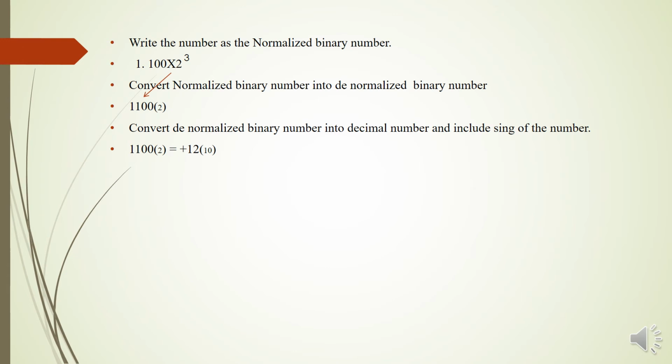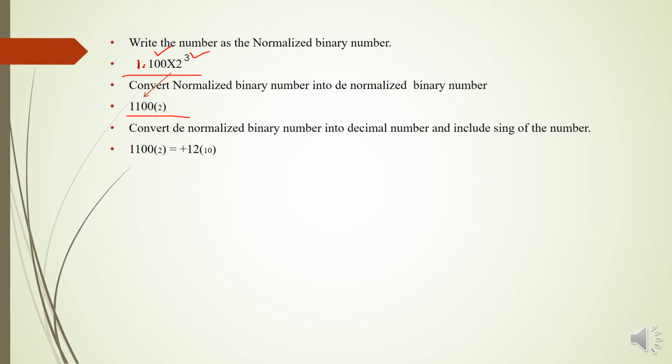Already we have obtained the significand part, biased exponent part and the sign bit from the given floating point number, and we have obtained the exponent value as 3. Now substitute everything in the form of a normalized binary number. This is the significand part, this is your exponent value, and here 1 is the MSB, significand into 2 to the power of 3. Convert into denormalized form: remove the binary point and discard 2 to the power of 3.